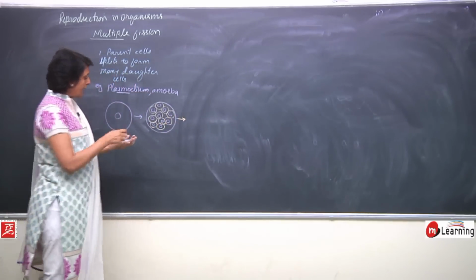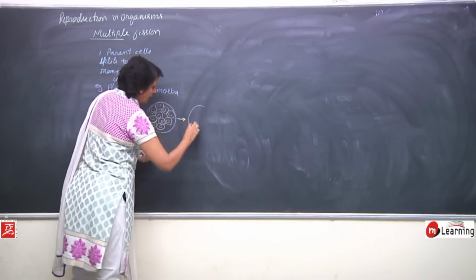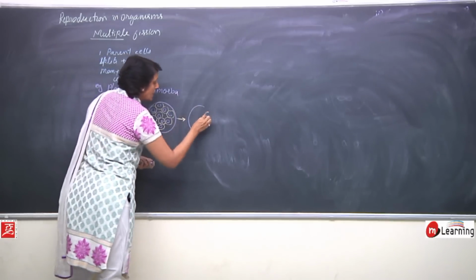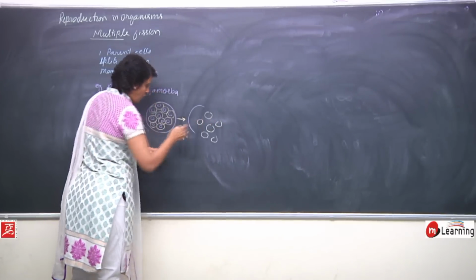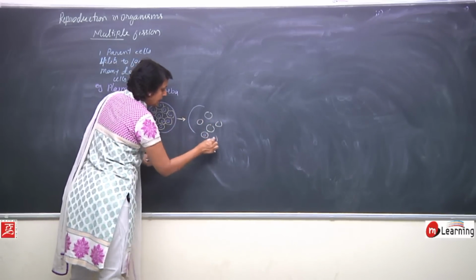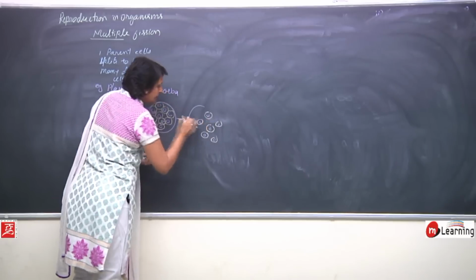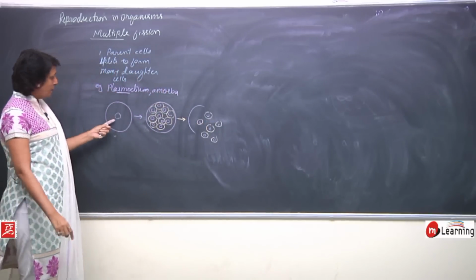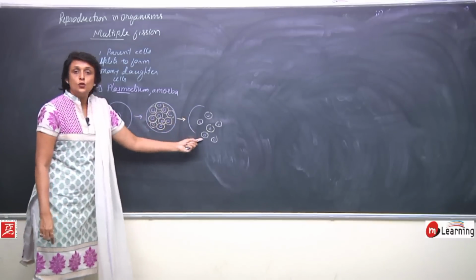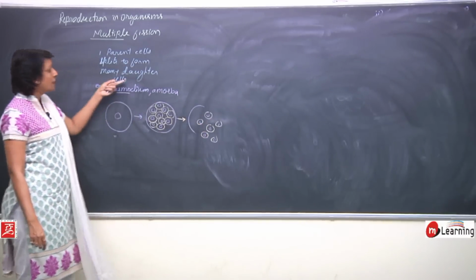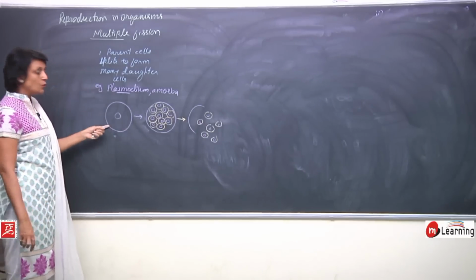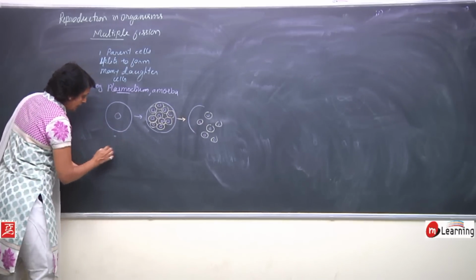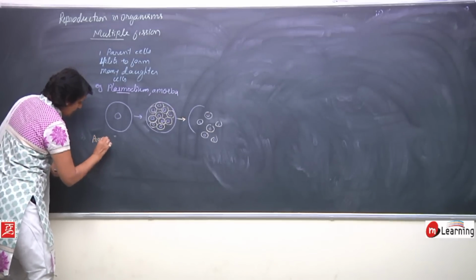After this, the parent cell ruptures. When the parent cell ruptures, these multiple cells or daughter cells are released. So one parent cell is giving rise to many daughter cells. This is multiple fission. In case of amoeba, what happens is during unfavorable condition in amoeba,